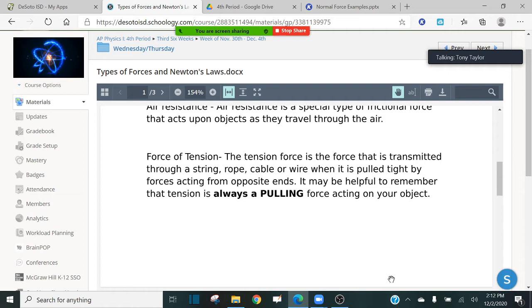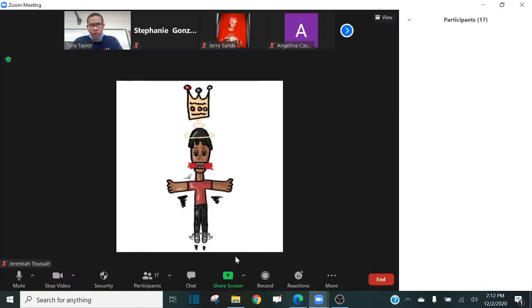Okay, now let's talk about tension, the tension force. It is a force that is transmitted through a string, rope, cable, or wire whenever it's pulled tight by forces acting from opposite ends. So guys, the key thing y'all need to know is that anytime you have an object and you see a string, rope, cable, or wire connected to it, you're always going to have a tension force acting on the object. So, for example,